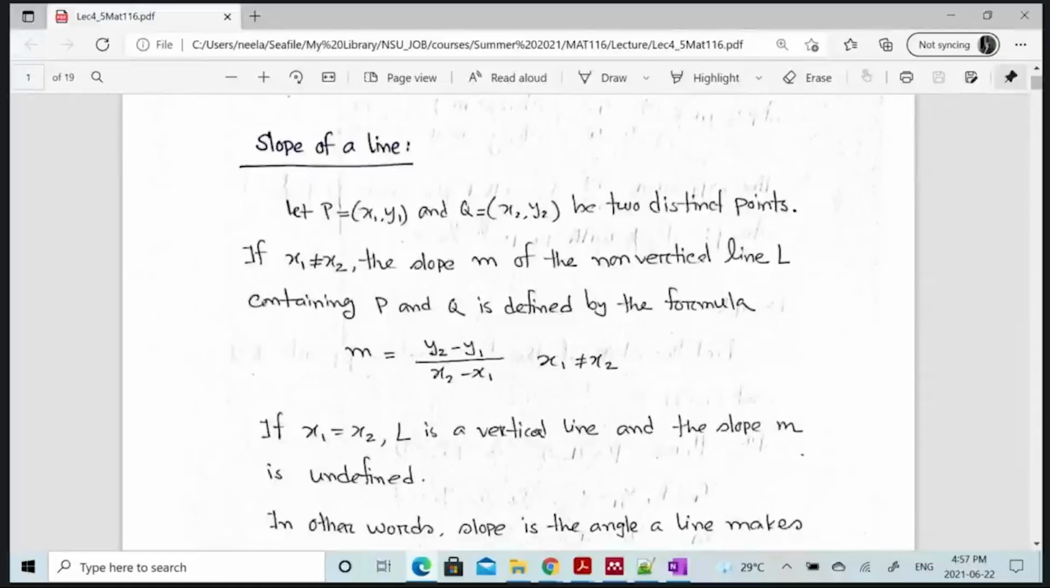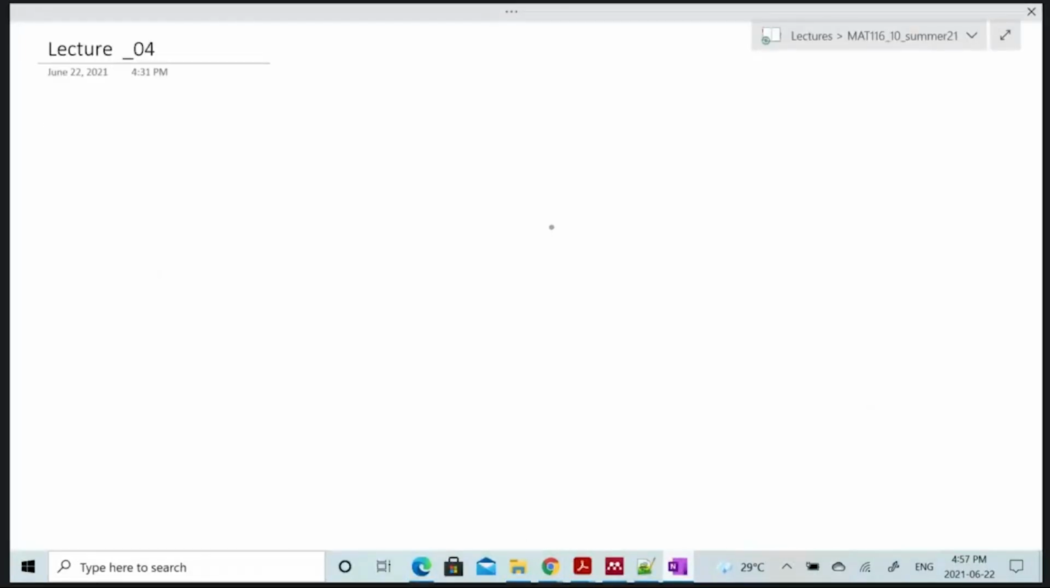ঠিক আছে। So up to now we have learned, especially in the first and the second lecture, we have seen that if we have